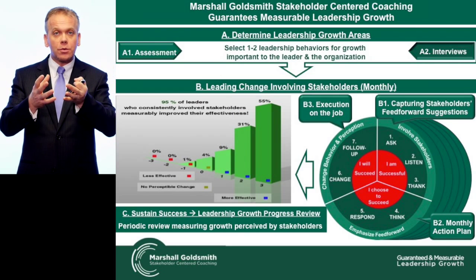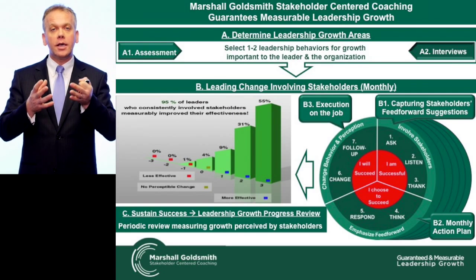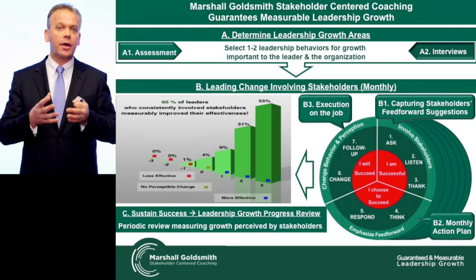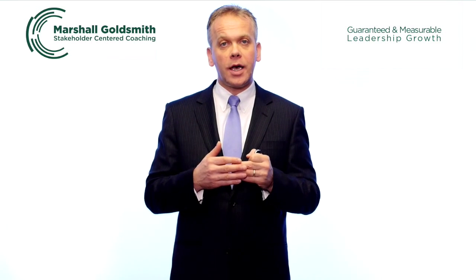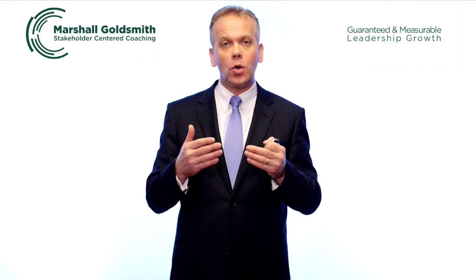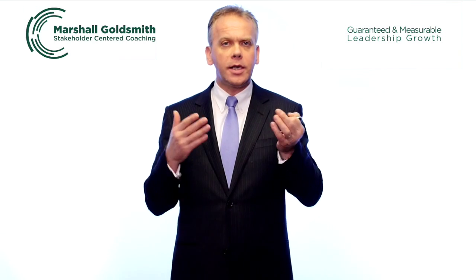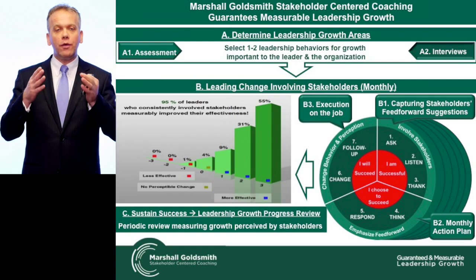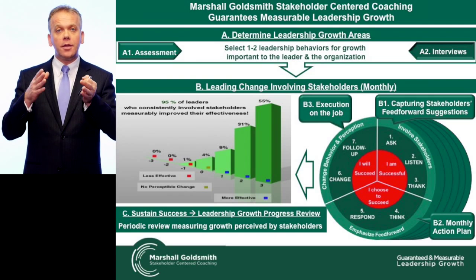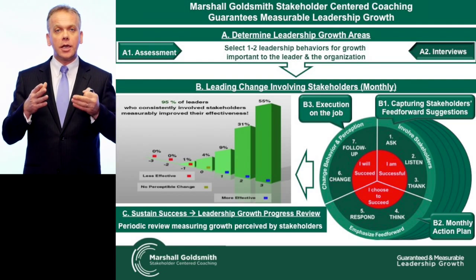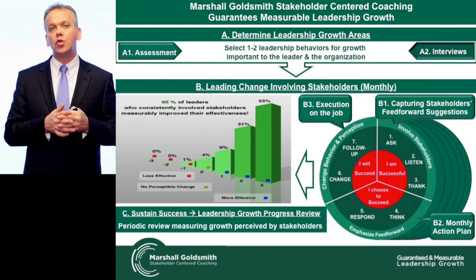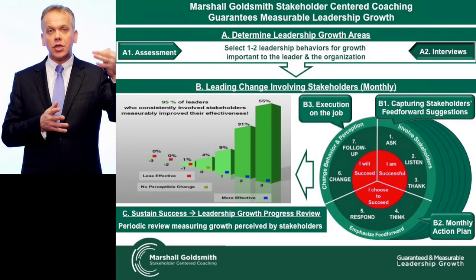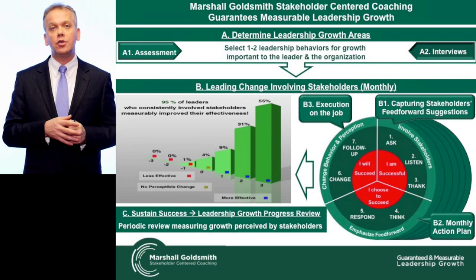Now these 2 reports come together at the leader, and together with the coach, the leader discusses and decides 1 or 2 areas for the leader to grow at. At the same time, they will decide and select a number of stakeholders to involve in that process, typically 6 to 8 stakeholders. Now before we start implementing that whole leadership growth process, the leader has to refer to the boss and the sponsor of the program to make sure that he or she agrees with that specific leadership growth